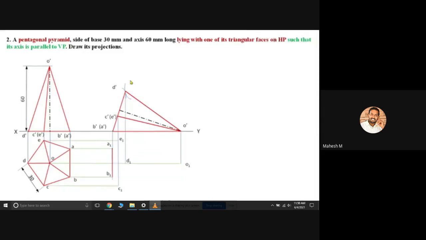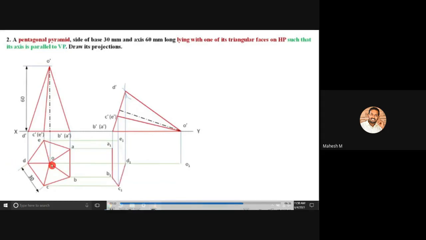Okay. So in this diagram, the bottom base is fully visible. So you can connect these 5 corners with the dark line. Okay, you don't have to worry about the dotted line on the base. So you can connect these A, B, C, D, E with the dark line. And what is the condition for slant edge? So if you're looking at this diagram from left to right, you are able to see O to D